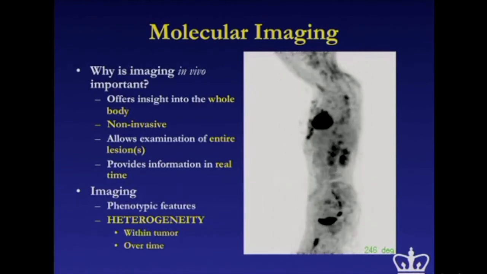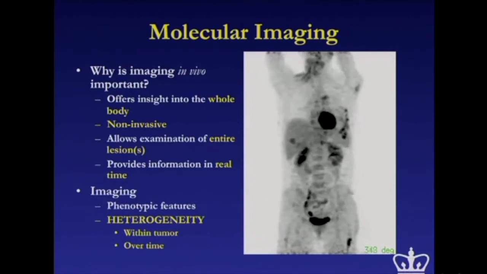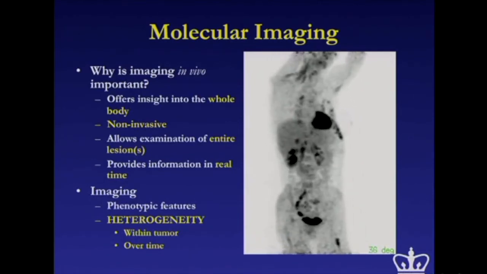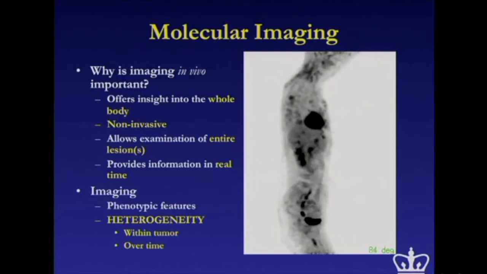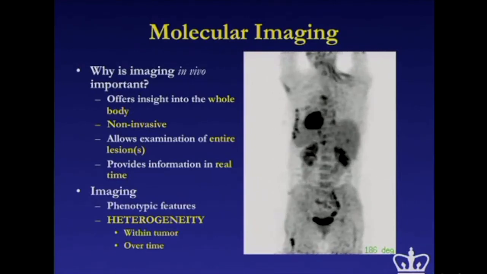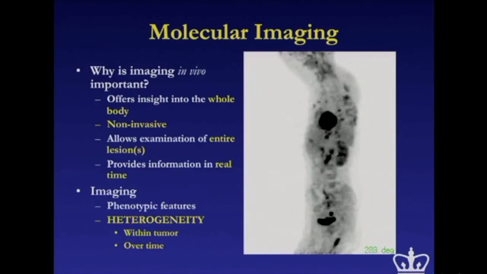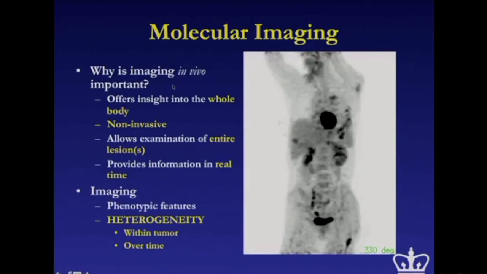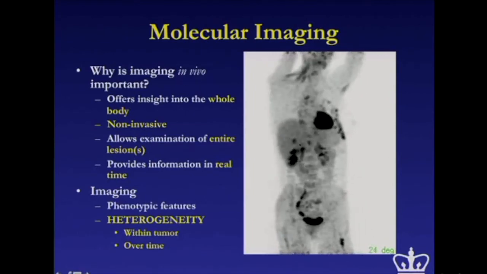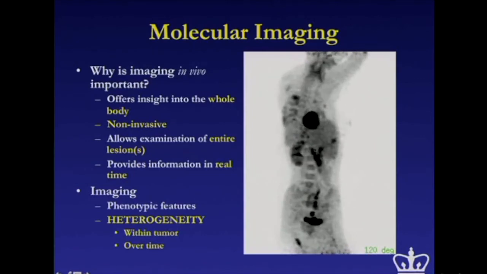So you can give glucose, which is what this is, and therefore get a map of hexokinase, and also of glucose transporters. But hexokinase is what we primarily look at, the Warburg effect, if you want to be a purist. That hexokinase is overexpressed in tumors, and so you can see all the tumors in this patient with metastatic kidney cancer light up after administration of glucose.